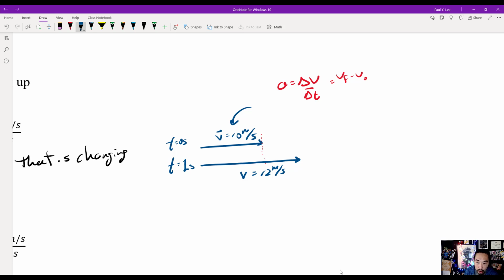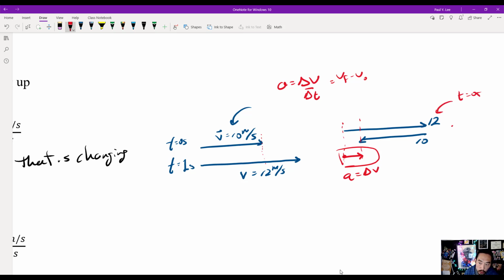vector. So if I were to draw both, this is the 12 and minus the 10 right here. And so the difference between the two would be right here, right? So we start off at the beginning and we draw an arrow to where we ended. So this vector right here is your acceleration vector, because this acceleration vector shows us that the velocity was changing from one moment of time of 0 seconds to another moment of time here, which is 1 second. Okay, so acceleration shows you how much that velocity has changed. All right,